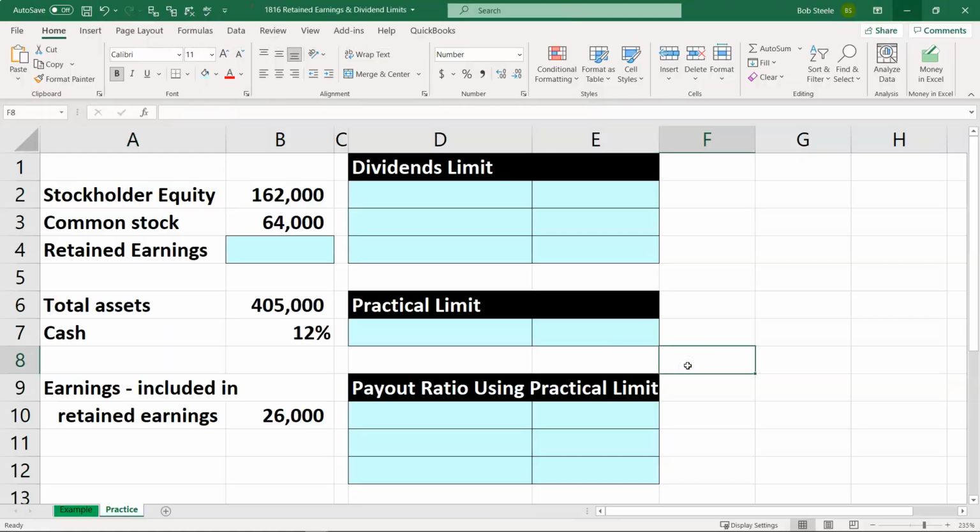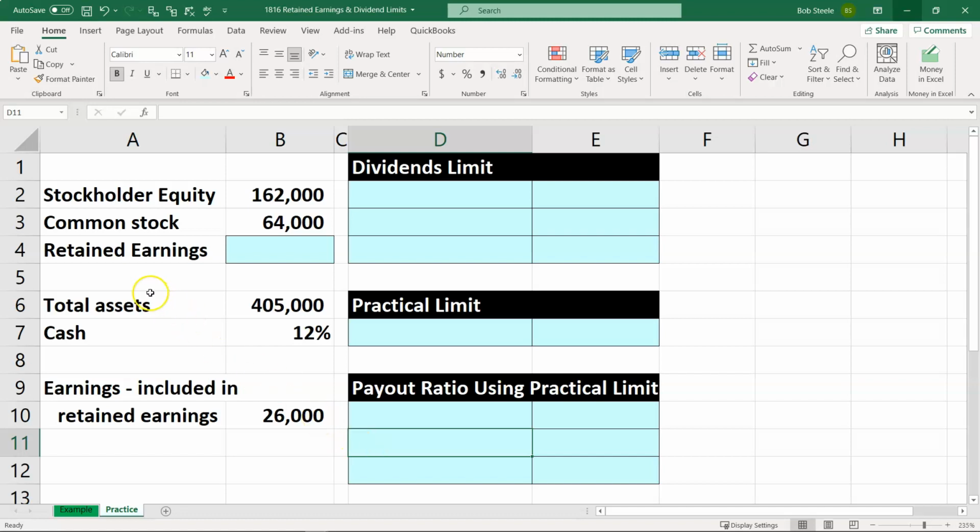If you have access to the Excel worksheet and would like to follow along, note that we're in the practice tab as opposed to the example tab. The example tab, in essence, is an answer key. Information on the left-hand side, we're going to use to populate the blue area on the right-hand side, looking at the calculation for the dividend limits: how many dividends could be paid out, a practical limit, what's the practical amount of the limitation of dividends that can be paid out, and then the payout ratio using the practical